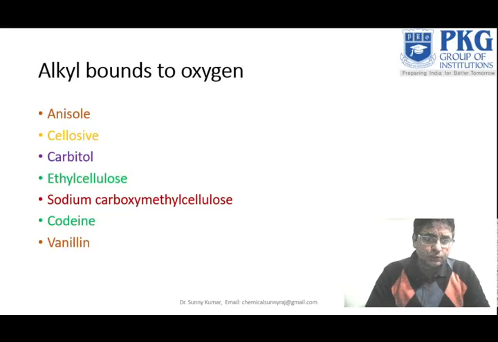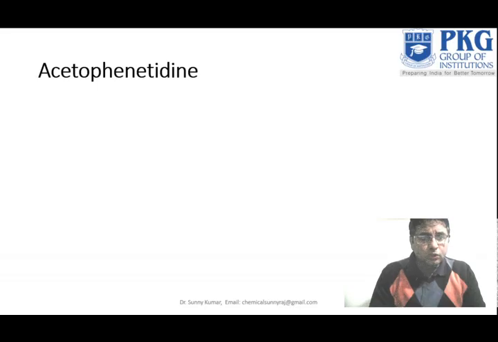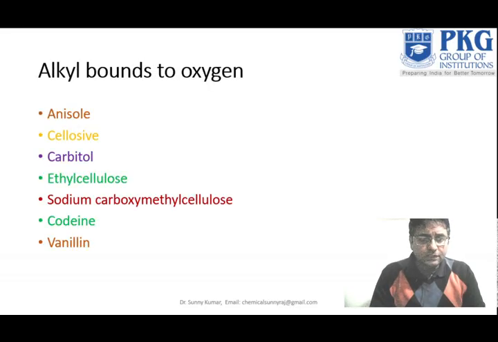Now we will discuss the alkyl bound to oxygen. We have already discussed how the alkyl is bound to the oxygen, and what the different compounds are. So these are anisole, cellosolve, carbitol, ethyl cellulose, sodium carboxymethyl cellulose, codeine and vanillin. These are the different compounds in which the alkyl bonds to the oxygen. Okay, so the first one,